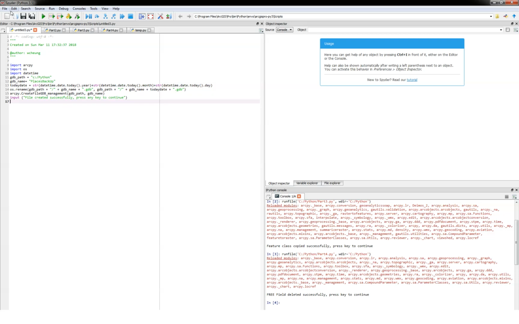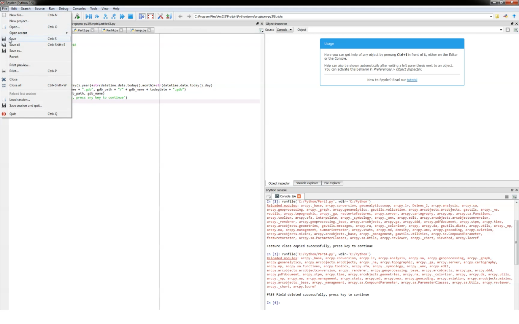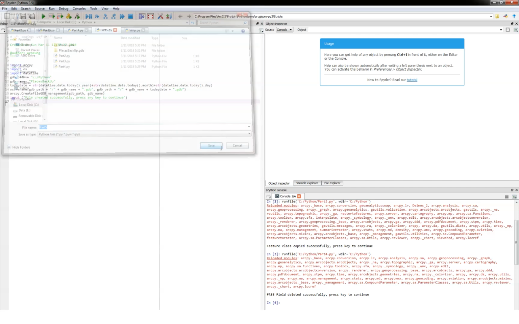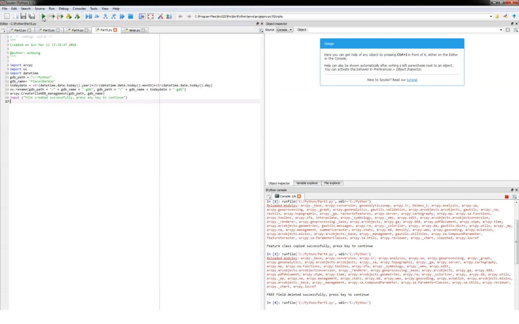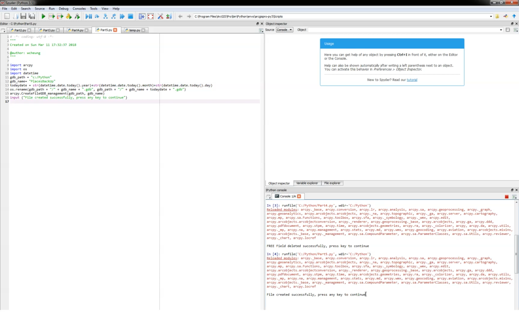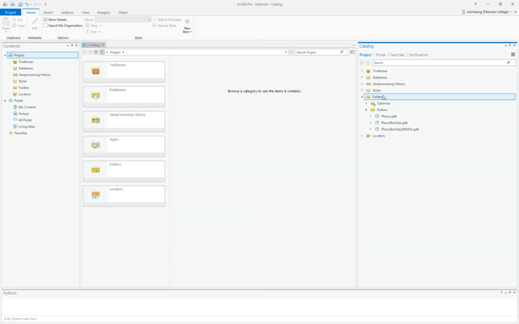running the script. So here, go ahead, save this, and we'll call this part 5 and run our script. Oh, this has been successfully completed. Hit enter to continue. So now let us open ArcGIS Pro again and connect to that Python folder that we have been working out of. And you can see inside that Python folder is this new backup geodatabase that was created with today's date at